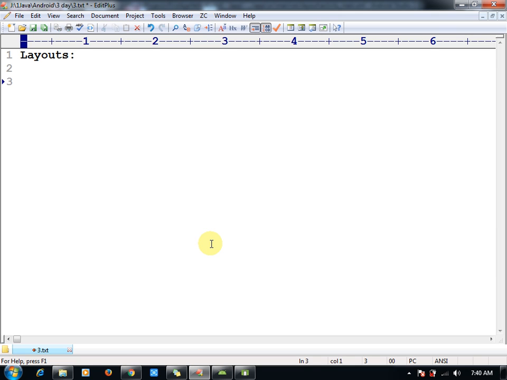In Android, we will discuss 5 types of layout, and one more layout has launched, that is constraint layout. When I was learning, it was only 5 types of layouts, but one more layout has come in, that is constraint layout. In Android,